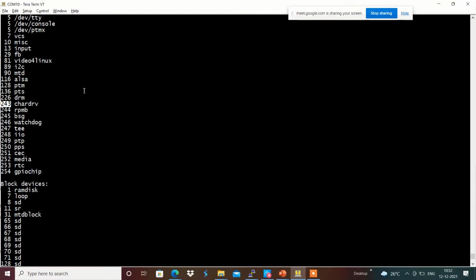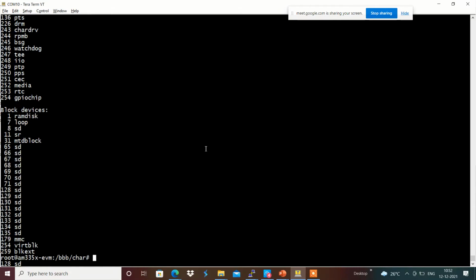Then we shall add the file operations to this, that we will see, how we can add the file operations to the character dev regions allocated over here. Before that, we have seen that we used mknode and /dev/chrdrv to create it in user space.